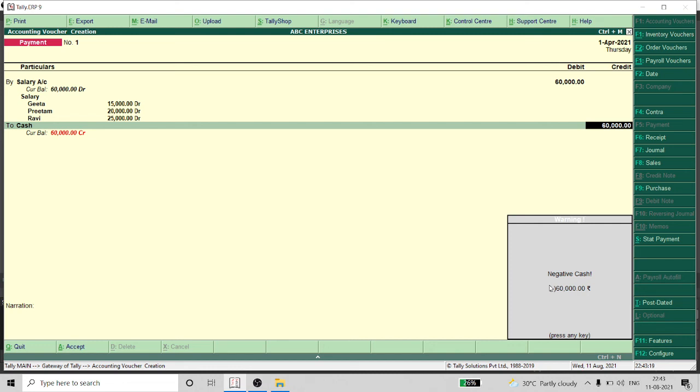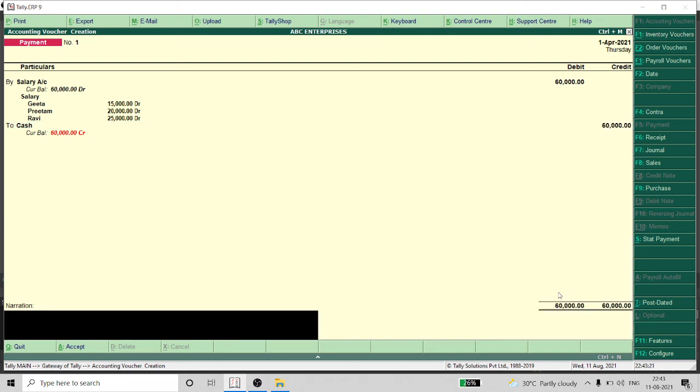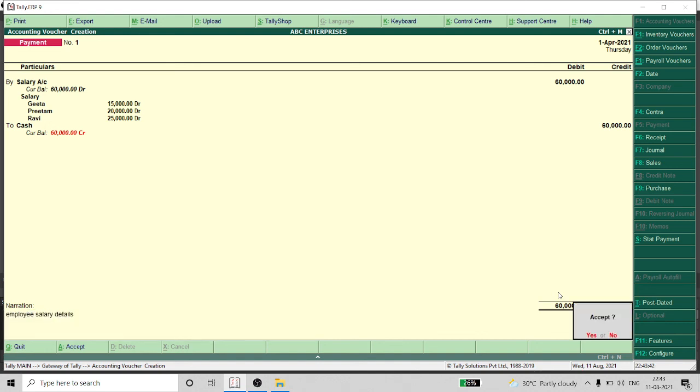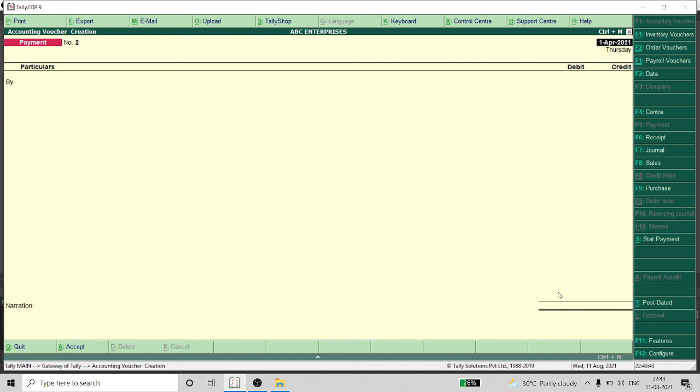For the narration I have written employee salary, salary details. This is how you can make the voucher entry.